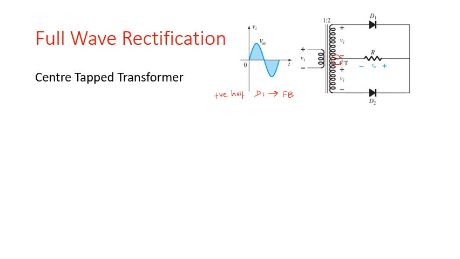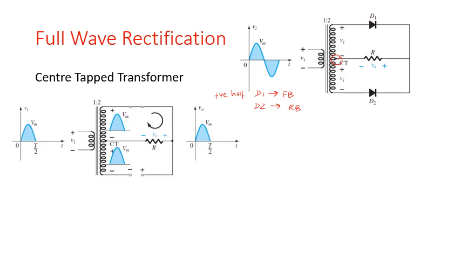And if you look at what is happening now, this negative is given to D2. So D2 is going to be reverse biased. So when I draw this, it will look something like this. D1 forward biased, D2 reverse biased, and this is my waveform. How do I know my waveform is looking like this? I will write a KVL equation over here. My KVL equation is going to be minus Vi plus V naught is equal to 0. So I'll get V naught is equal to Vi. So whatever you see here, exactly that is drawn over here. So you get a positive signal.